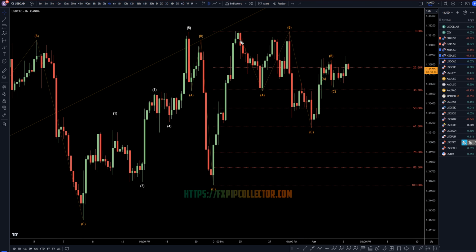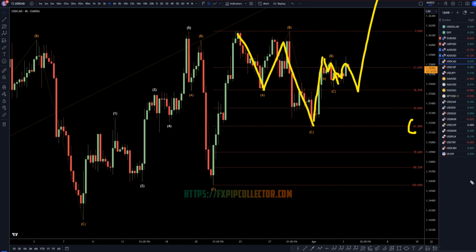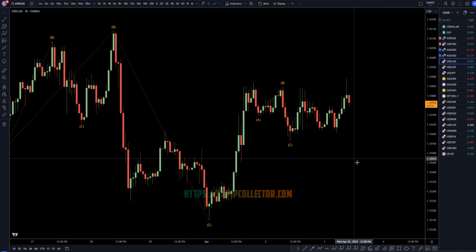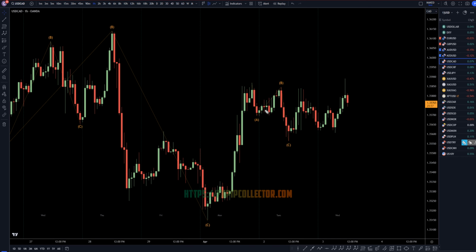So taking it down to the 4 hour time frame. The 4 hour time frame looks to me like we already have a big ABC correction right here that went to the 61.8. Nice impulsive up, corrective down again. Kind of almost looks like it's trying to form a WXY on these time frames before it actually does continue the uptrend, but the trend is up to me, and I am definitely looking for longs on these time frames.